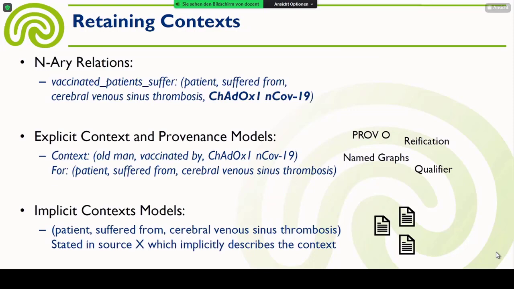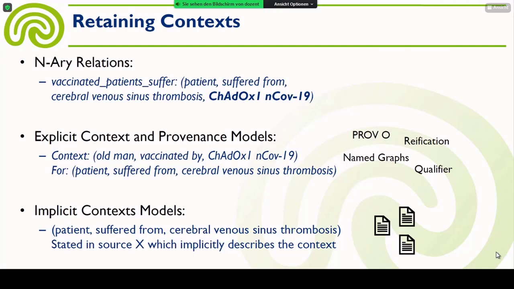What can we do? How can we retain context in digital libraries? So on the one hand, we may improve our extraction systems. If we think about converting publication texts into structured representations, we might enhance our retrieval step. We could extract n-ary relations. Something like patients suffer from CVST when being vaccinated with AstraZeneca. Here the age is again missing. We could include the age, but you see the problem. We need to know the context condition a priori, and then we need to train more advanced and sophisticated extraction